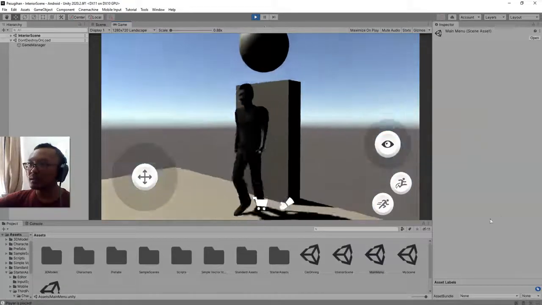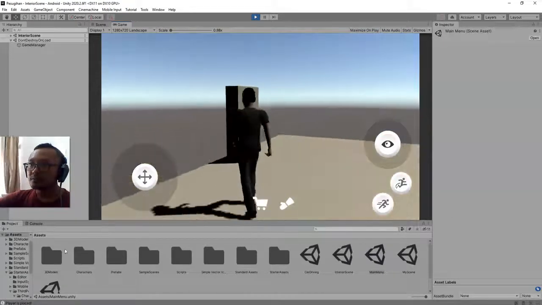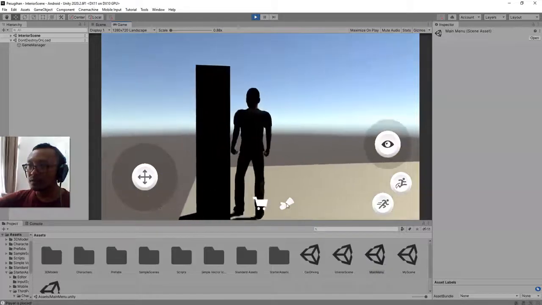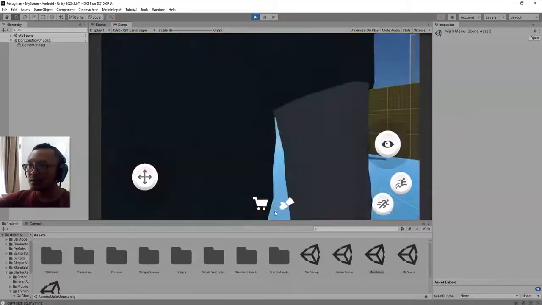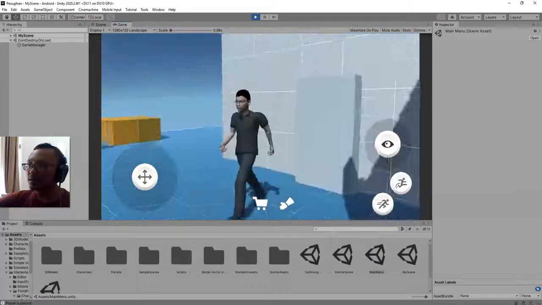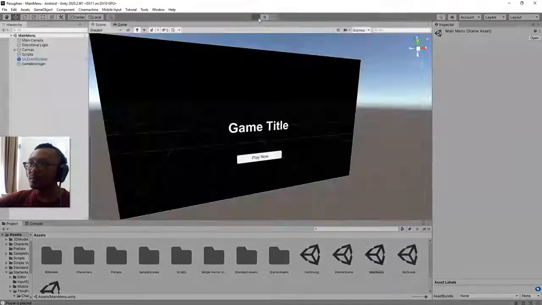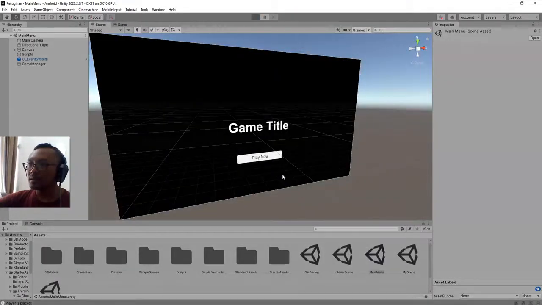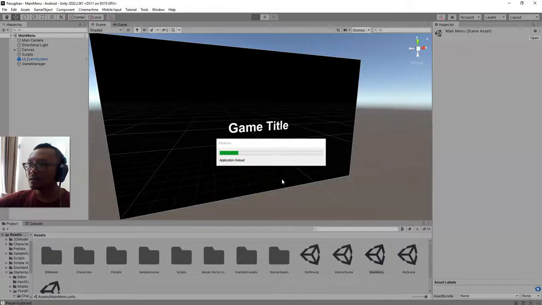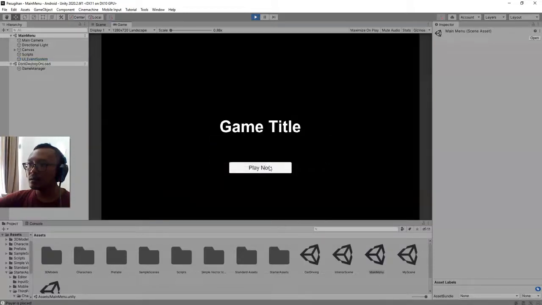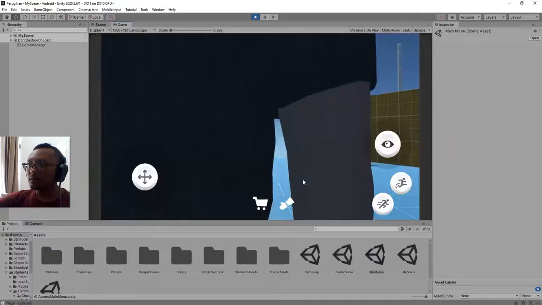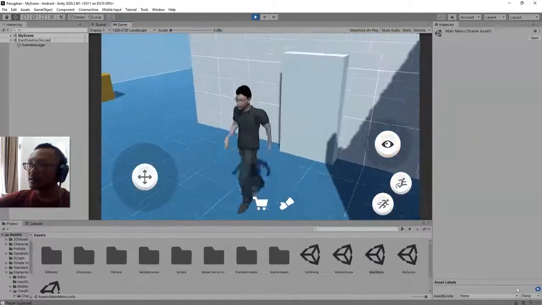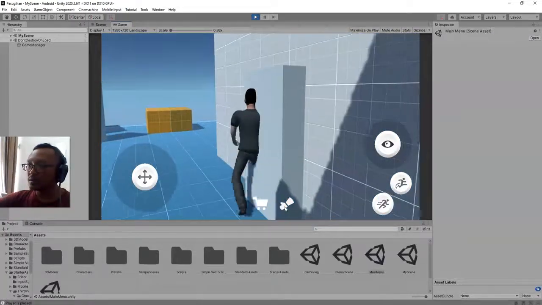You see that? And let me go to this door and I'm here. I stop the game and play it again. Play now. I'm right here, and if I go to this door,